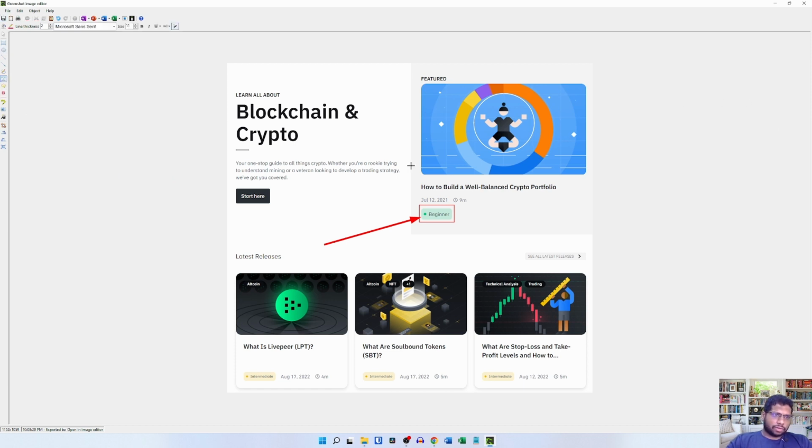Now the third one is text art. I can just select the text art by clicking on the T icon on my options panel, and then clicking on any area on the screenshot, I will be able to enter the text that I want. So that's the dummy text that I wanted to insert,